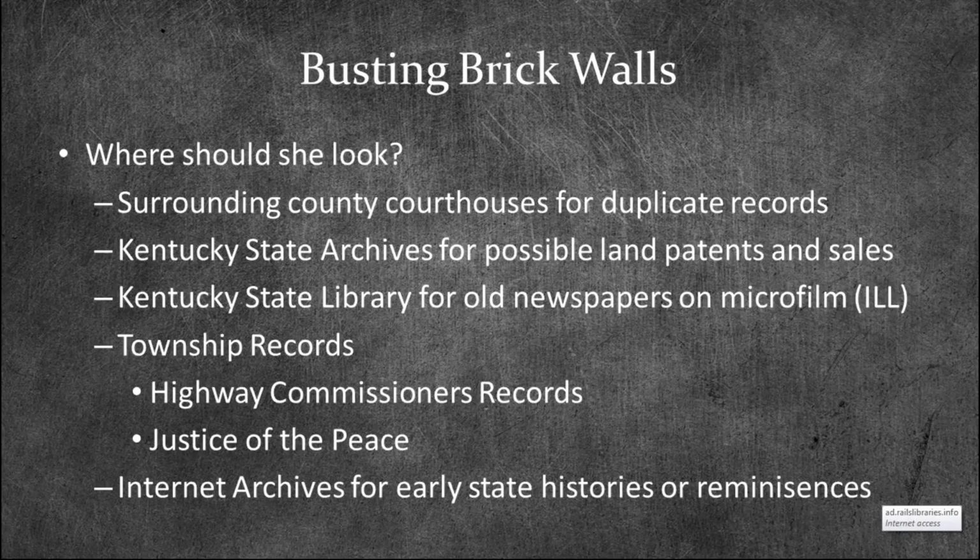Same with Justice of the Peace. The Justice of the Peace was responsible for handling those petty court claims. So your horses bust through the fence and they start eating your neighbor's alfalfa. Your neighbor sues you to repay him for the alfalfa that the horses ate. That would go through the Justice of the Peace in the township in which you live. So it's a great avenue of research for finding really, really early settlers' records. And they often include road maps. They'll draw out where the road is supposed to go, and they'll mark the farms in the surrounding territories. So there's a lot of good data there.